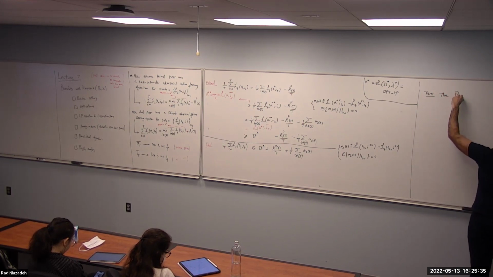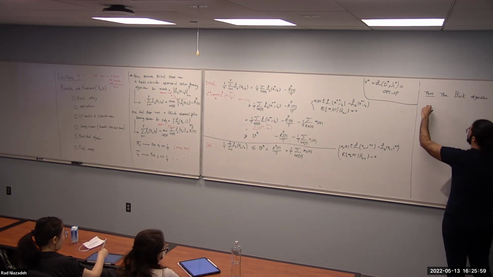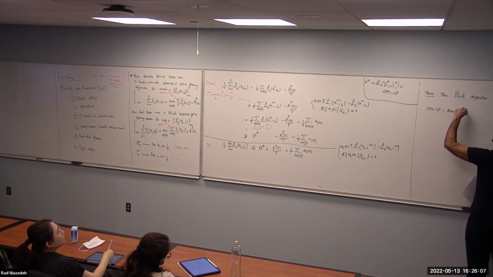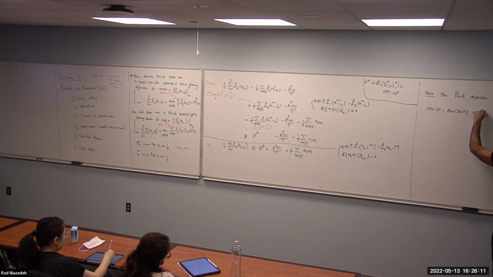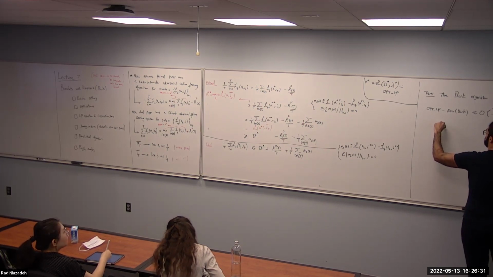So the bandit with knapsack algorithm obtains a regret bound of: opt LP minus the reward of the bandit with knapsack algorithm will be upper bounded by order T over B times square root of TK log(BT divided by delta), with probability 1 minus delta.